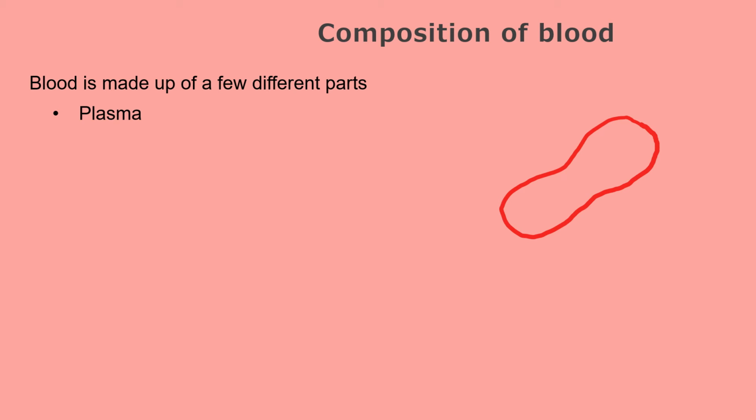Then we have a lovely red blood cell. Red blood cells' official name is erythrocytes. So these guys contain hemoglobin. And hemoglobin is able to carry oxygen. It collects the oxygen from the lungs, from the air, carries it around the body, and delivers it to the respiring tissues to use in cellular respiration. And it can also take away some of the carbon dioxide and help with dissolving the rest of the carbon dioxide within the